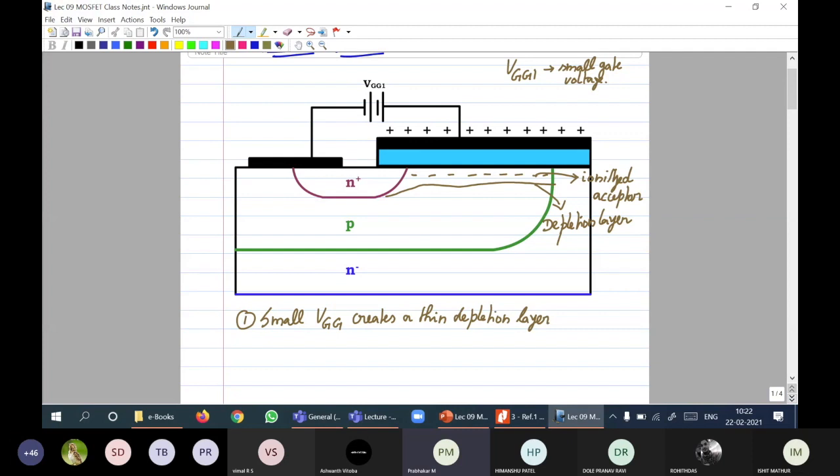I hope you understand what a depletion layer means. It means that there are no mobile charge carriers, which means the applied positive voltage will repel the holes away from this layer, away from this N plus P type interface. So that is why a depletion layer is created, creates a thin depletion layer because of